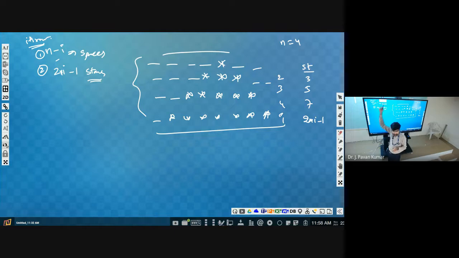Can you complete the program now? Input will be the same, n. Then we have to repeat i in range of 1 comma n plus 1. Then in each row we have to print those many spaces, those many stars. Then we will keep the cursor in the next line.